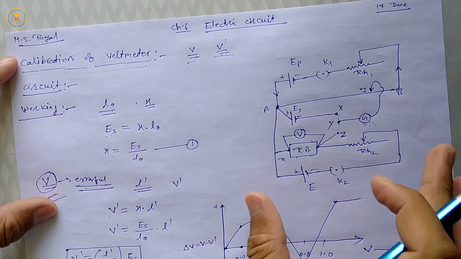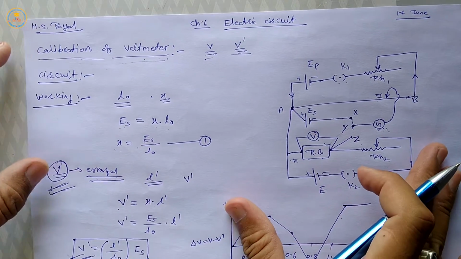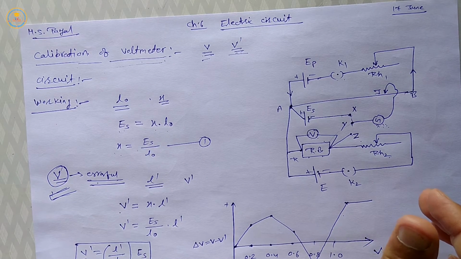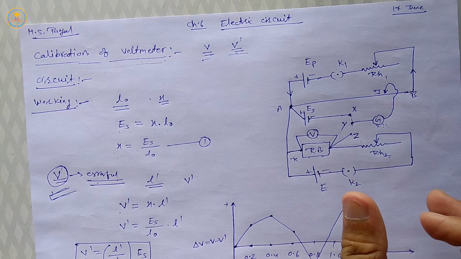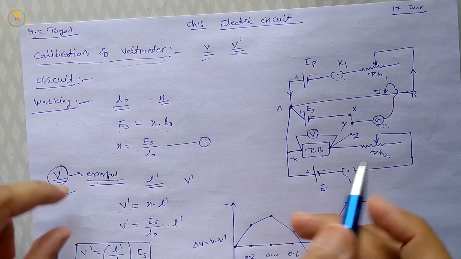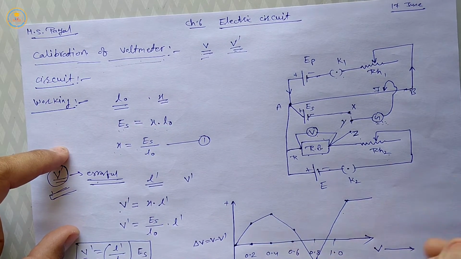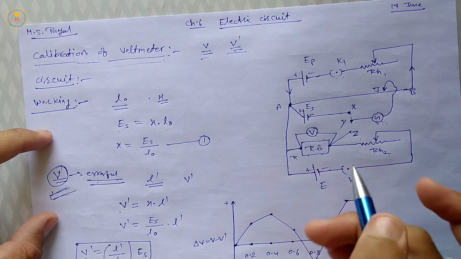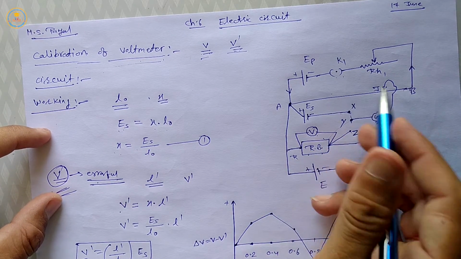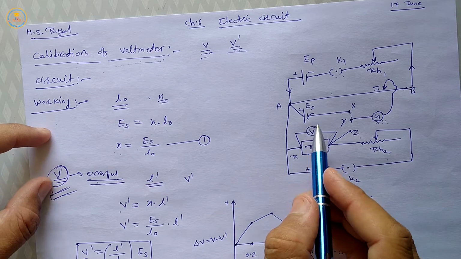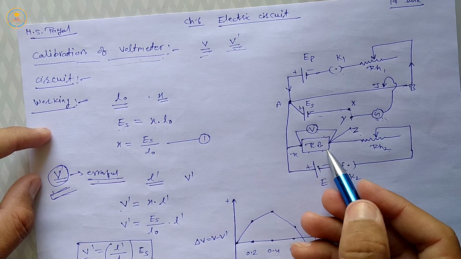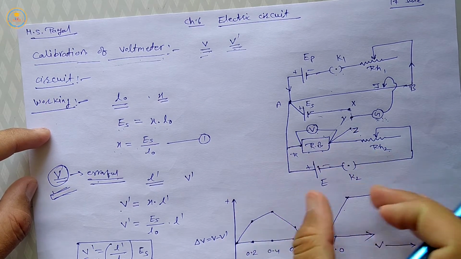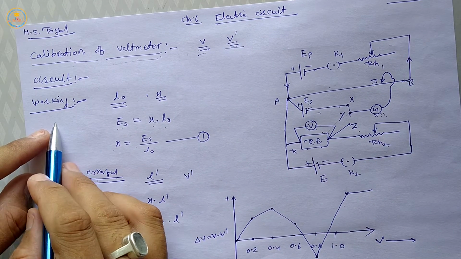In this application, we learn the definition of calibration of a voltmeter, which is checking the error of observation of a voltmeter by the help of a potentiometer. And this is the circuit diagram of this application, very simple. This primary circuit remains the same, and in the secondary circuit a standard cell, a resistance box, a rheostat, a key, and this voltmeter are connected, and this is the working.